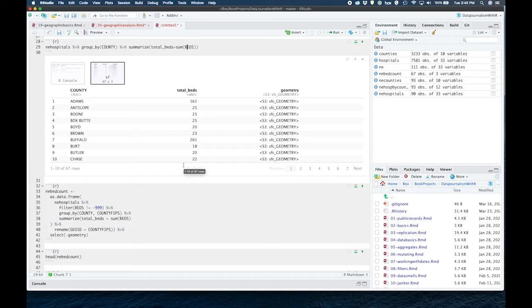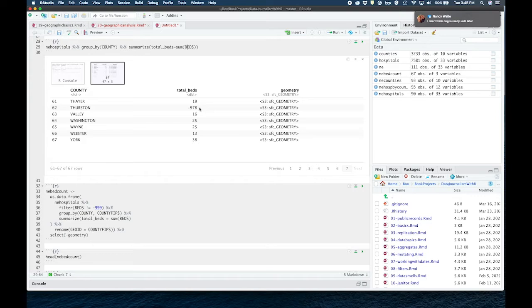But really, every step is pretty simple, and it makes sense once you put it all together. One thing to notice real quick is if we just look through all of these 63 counties, if we go here to the end, Thurston County has negative 978 hospital beds. The problem here is that when the Department of Homeland Security doesn't know,